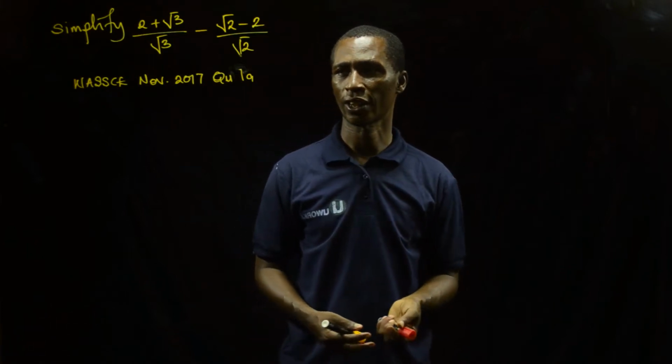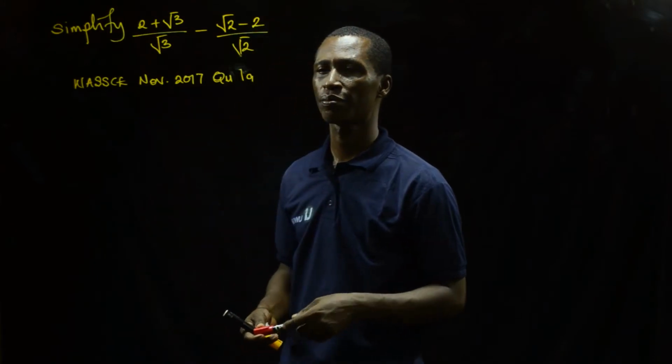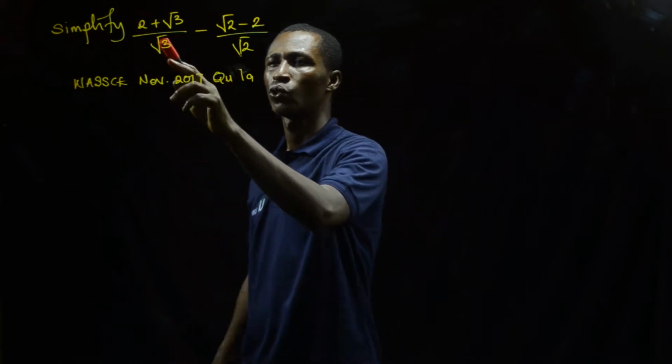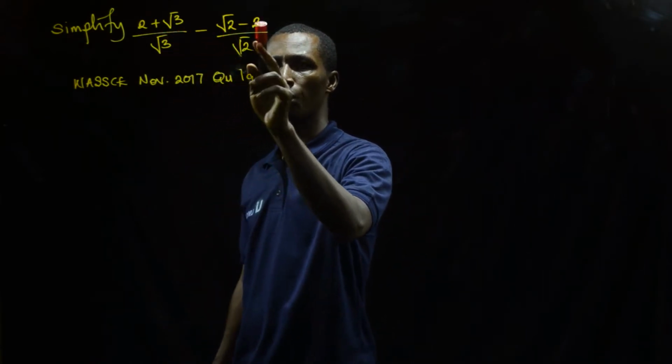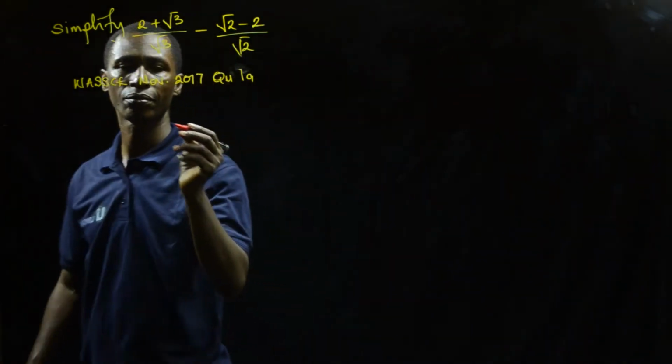Let's see, this is the second question. It's November 2017, question 1A. And it reads: simplify (2 plus root 3) on root 3, minus (root 2 minus 2) on root 2. So in solving this,